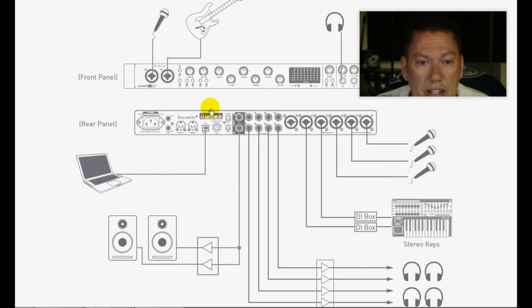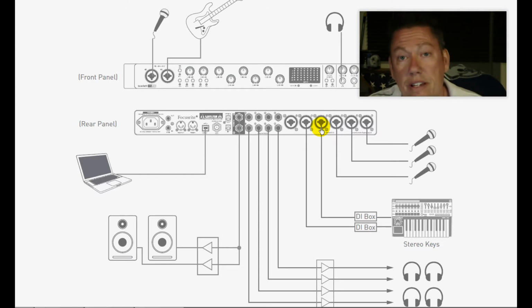As you can see here, we've got all these combination XLR 1/4 inch inputs. We've got 2 on the front and another 6 on the back. You can simply plug your microphone or guitar or other instrument into the cable, and then the other end of the cable directly into this interface. Once you have all your instruments connected, all you really need to do then is to go into the software mixer